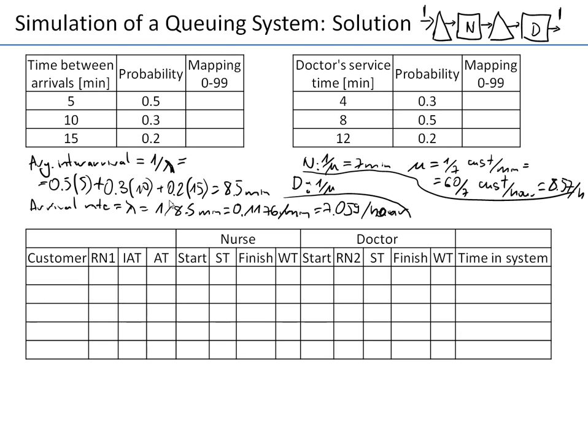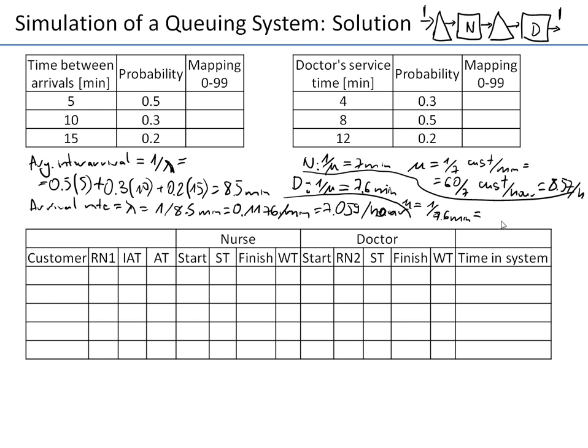This is the same thing as here for the average inter-arrival time. Average service time is just 0.3 times 4 plus 0.5 times 8 plus 0.2 times 12. So if you do the calculation, which I did before preparing this video, it is 7.6 minutes. So on average the doctor's service is a little bit longer, and if you compute mu, which is 1 over 7.6 minutes,